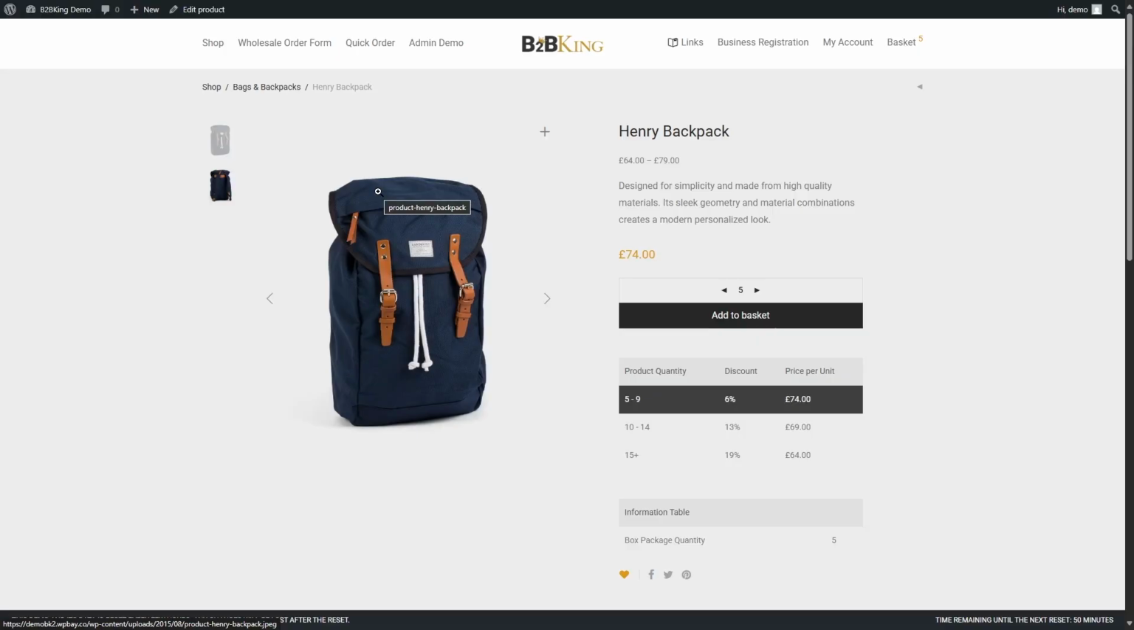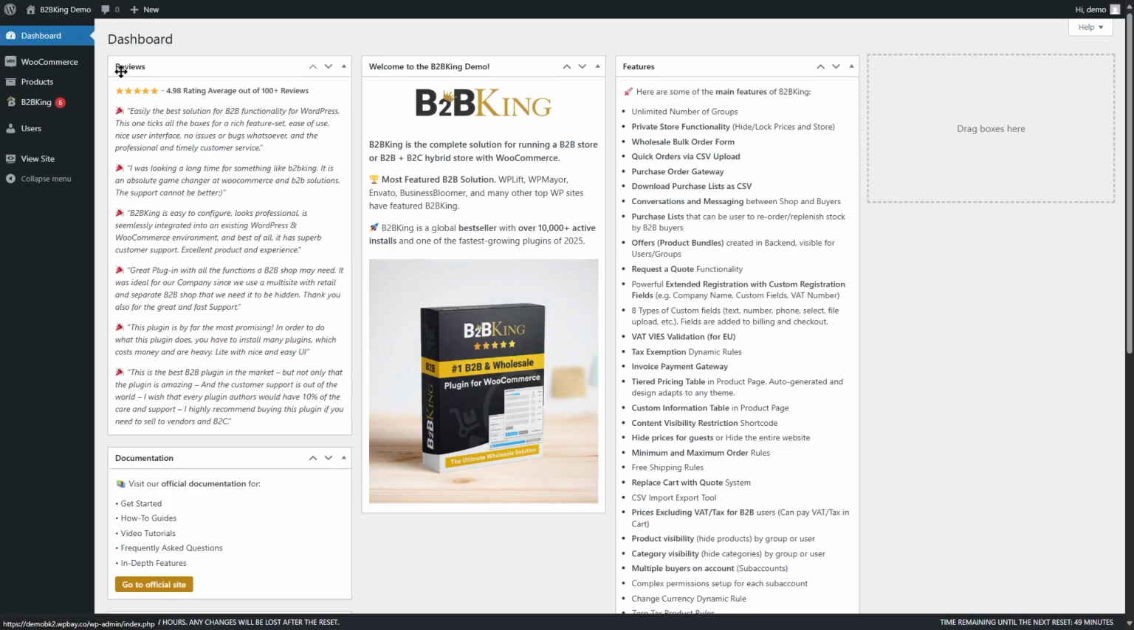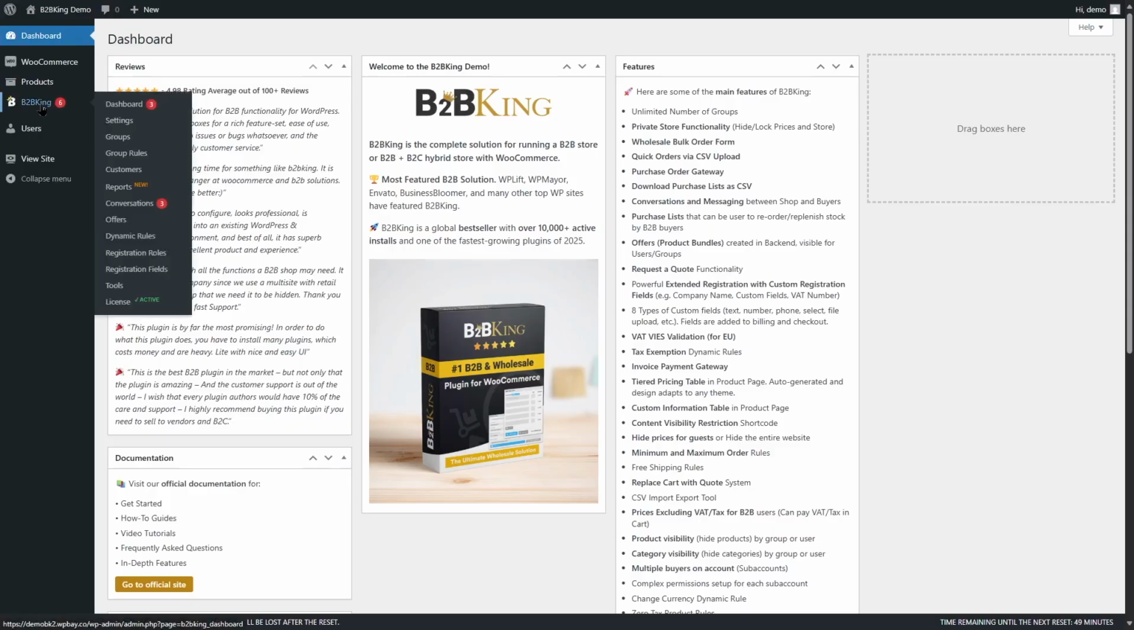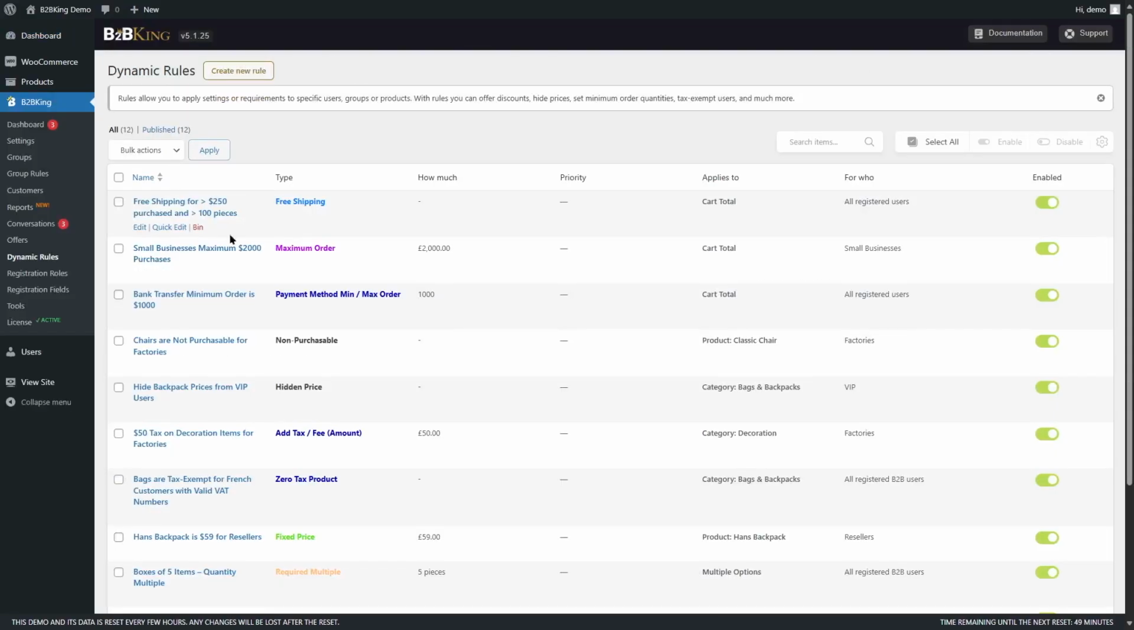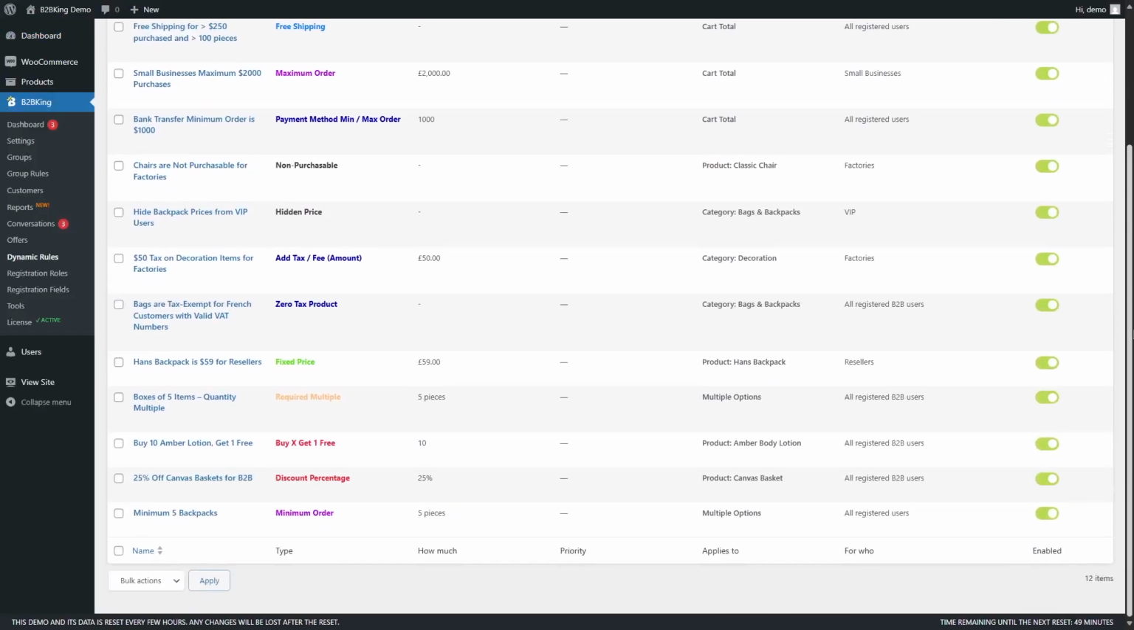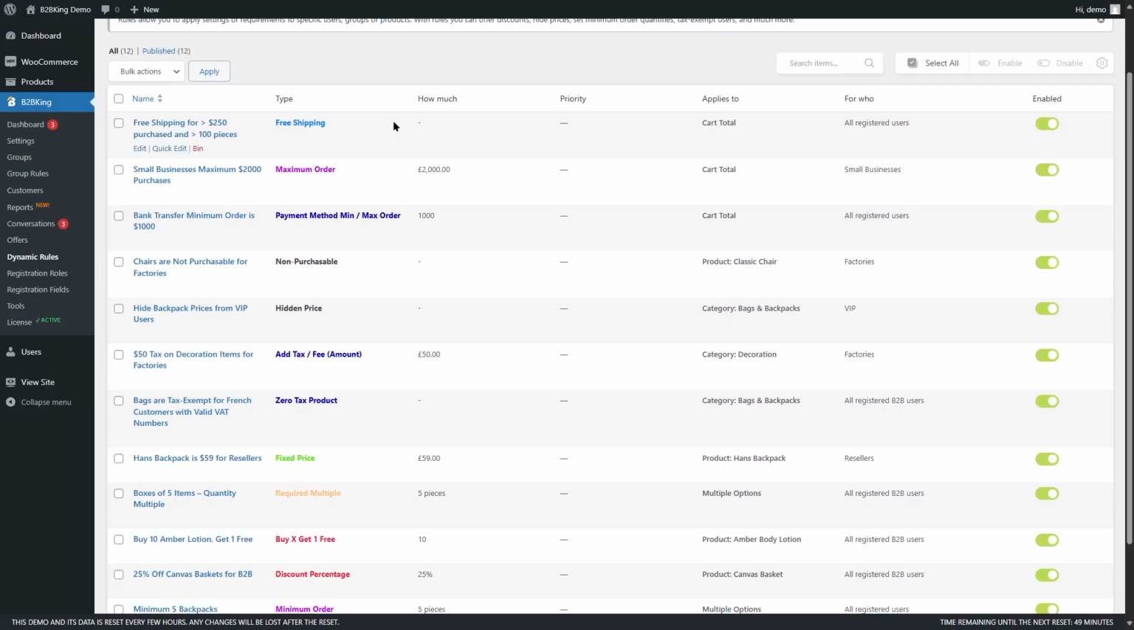You can do that by using the dynamic rules feature of B2BKing. So let's go to the dashboard and let's see how we can do this. First, we're going to hover our mouse over B2BKing and then go to dynamic rules. Now, as you can see, there are so many dynamic rules over here. There are various types of dynamic rules such as free shipping, maximum order, payment method, minimum maximum order, and here